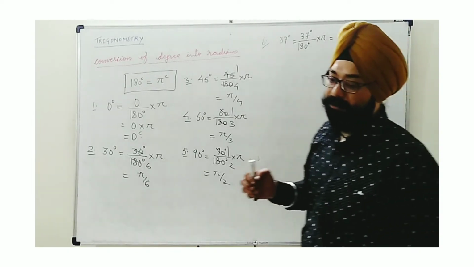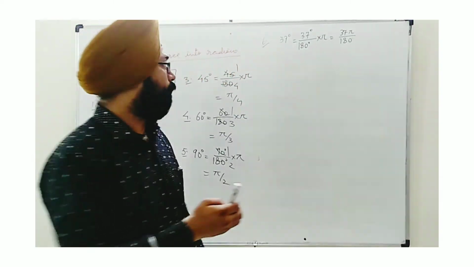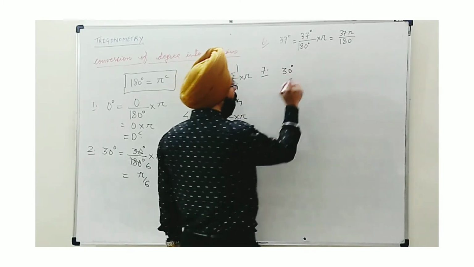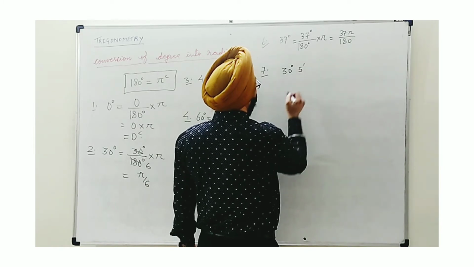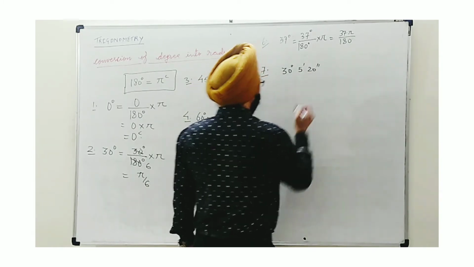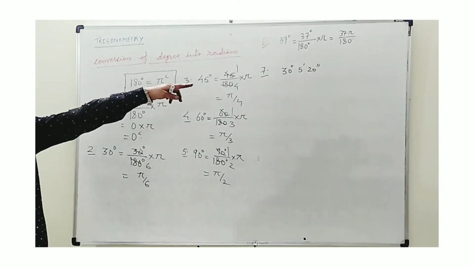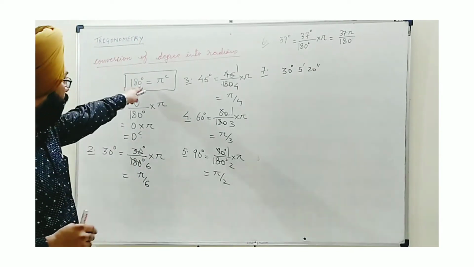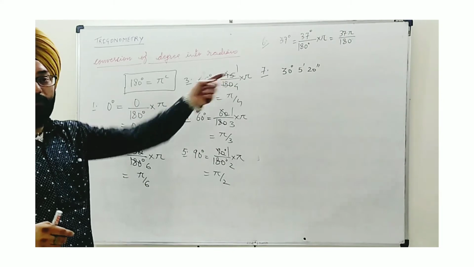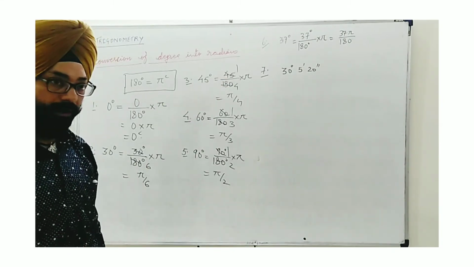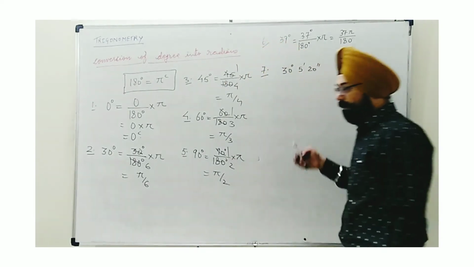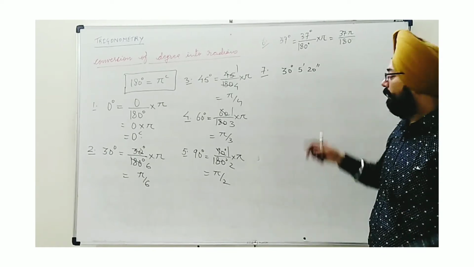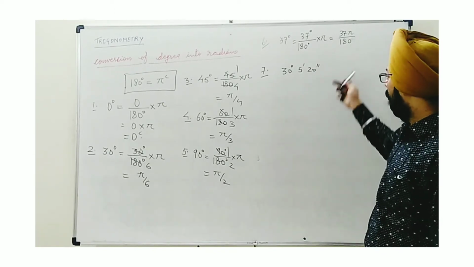Now you may be given some angle in terms of degree, minutes and seconds also. How to convert? Suppose I write one example: 30 degree, 5 minutes, 20 seconds. We have to convert this angle into radian. Keep in mind, as we have the relation only between degree and radian, the angle should first be written as degree, and only then will we go to radian. Recently I told you how to convert a given degree into subdivisions. Now that we are given this form, how do we come back completely to degree?